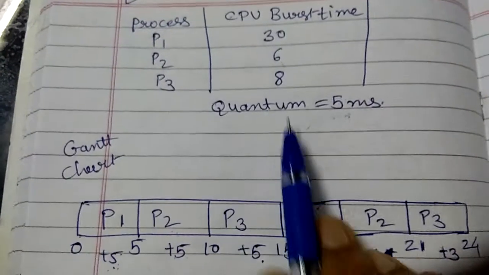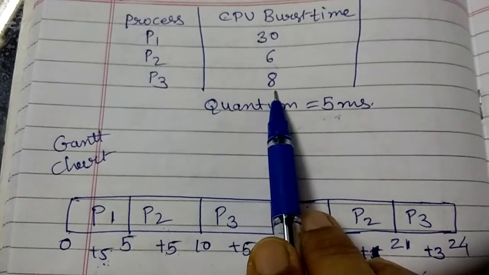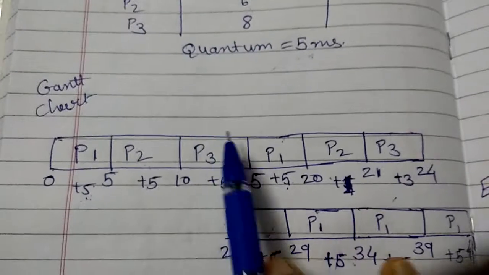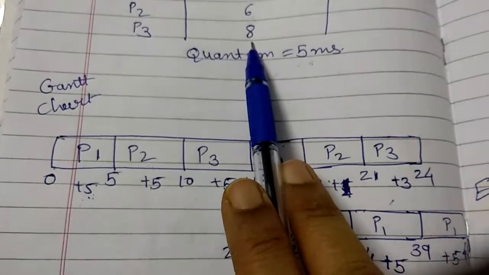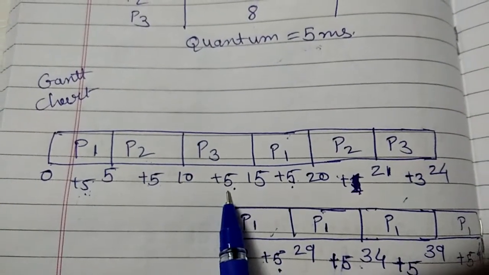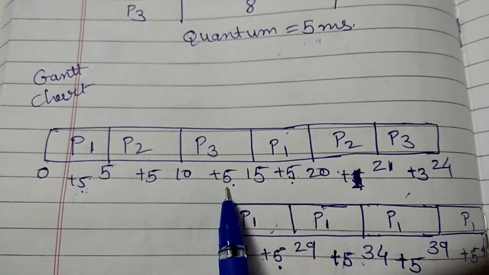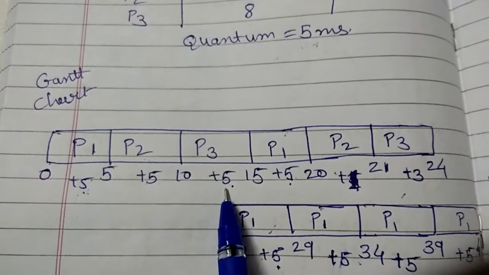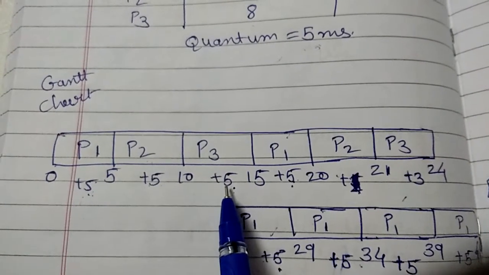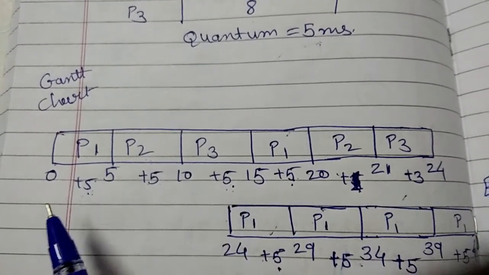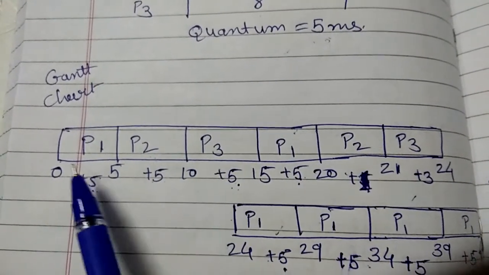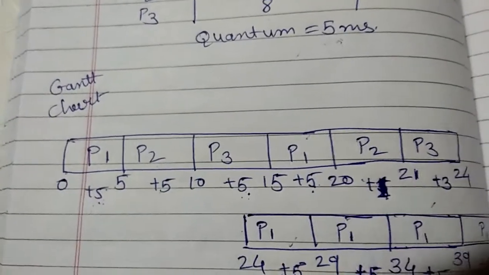Now the turn comes to P3. P3 requires 8 milliseconds of burst time. Out of 8 milliseconds, P3 has utilized only 5 milliseconds, but 5 milliseconds is not sufficient for P3. So 3 more milliseconds are still required by P3. But the first turn is complete for all three processes. This is the first turn: P1, P2, and P3. In the next turn,